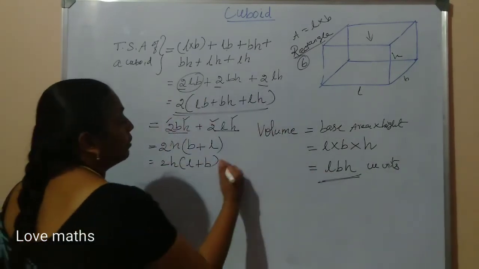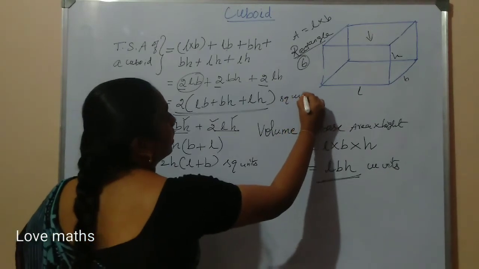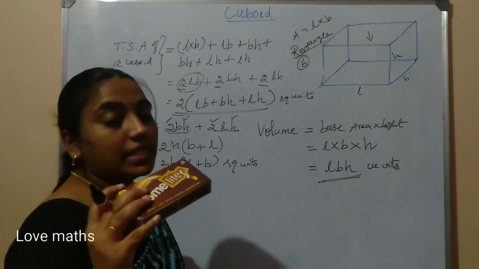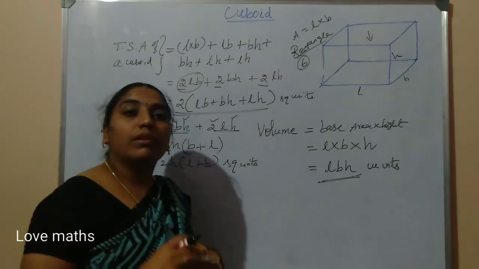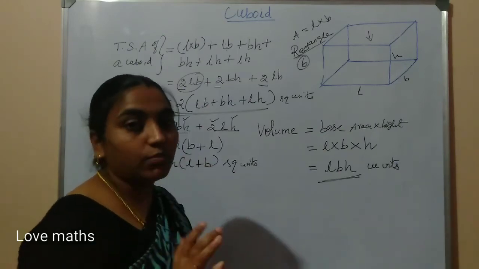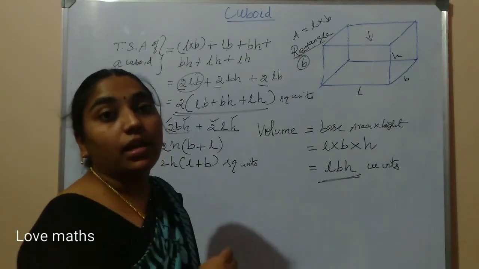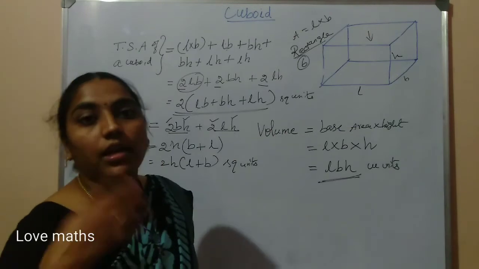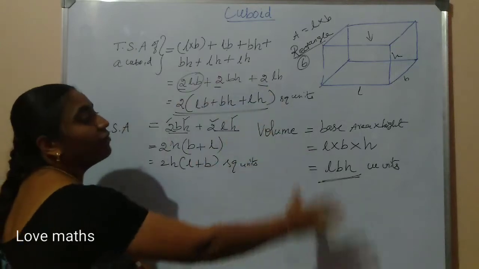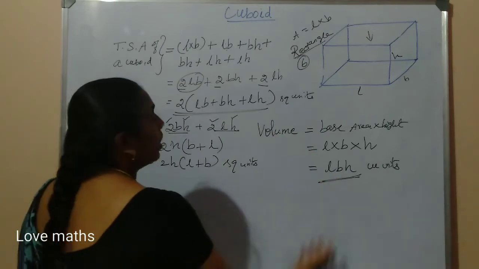The others are all in square units. So children, don't memorize the formula. Just think about your room or some matchboxes or cuboid shaped boxes. Anything you can think of, and you can find the formula yourself. You don't need to memorize. You only need to know small things. A cuboid is made up of rectangles. How many? 6 rectangles. The area of a rectangle is length into breadth. Like that, just draw, and you can find all these 3 formulas: total surface area, lateral surface area, and volume.